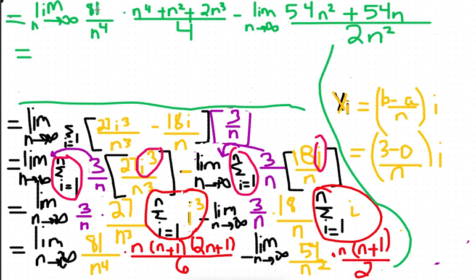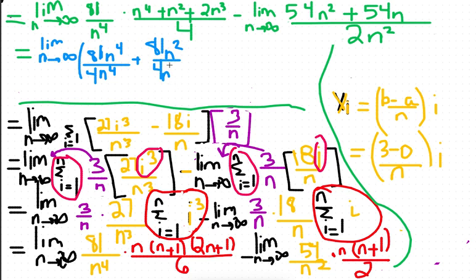So you would have 81 n to the 4 over n to the 4 plus 81 n squared over n to the 4. So I'm actually just going to write that. So you'll have limit as n approaches infinity 81 n to the 4 over 4n to the 4. Now when you're doing this, from here you can multiply it out. You can do limit as n approaches infinity of 81 n to the 4 over 4n to the 4 plus 81 n squared over 4n to the 4 plus and so on. For each of these, split them up,